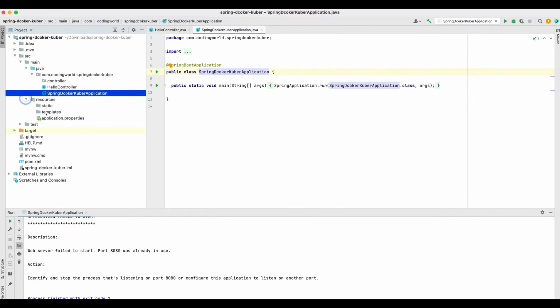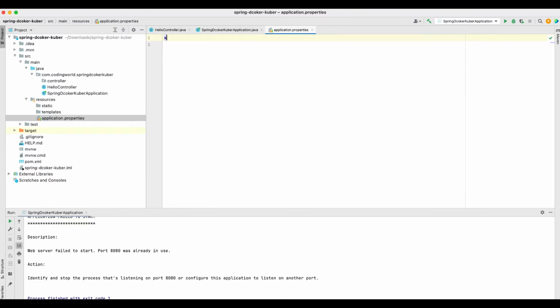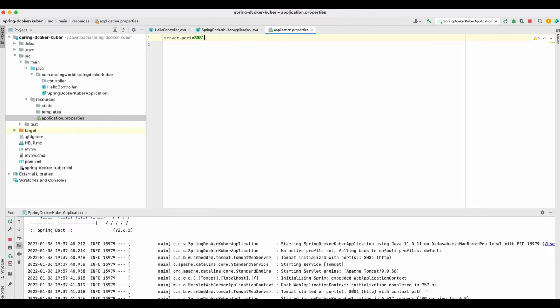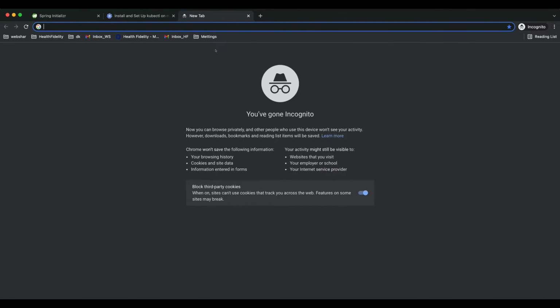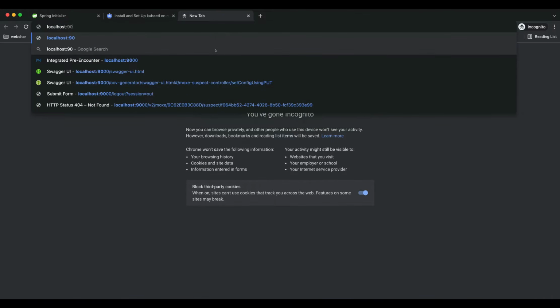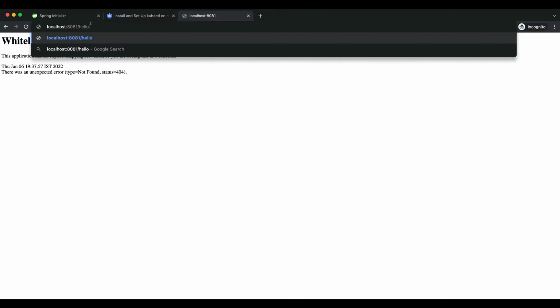We will go into resources and set server.port equal to 8081. Let me rerun. Yes, we successfully started on 8081. Let me test it locally. Yes, we have successfully created a simple hello API for our application.